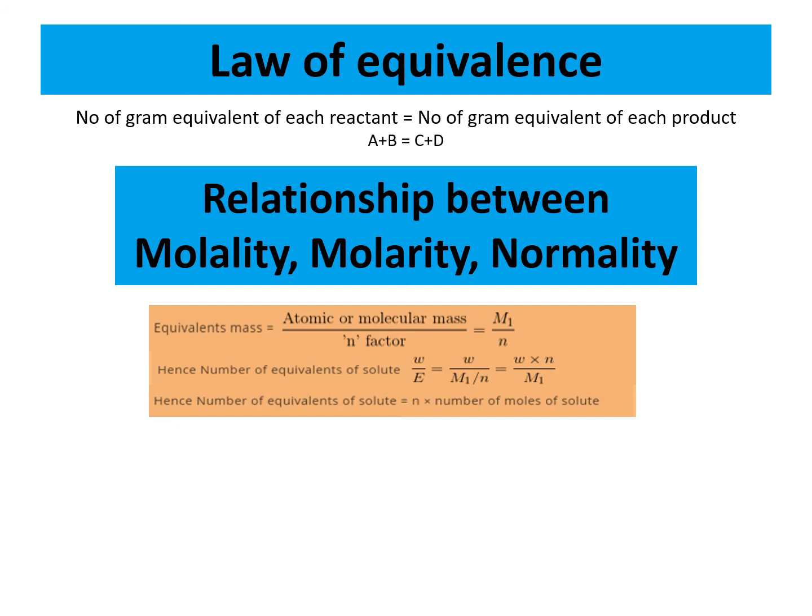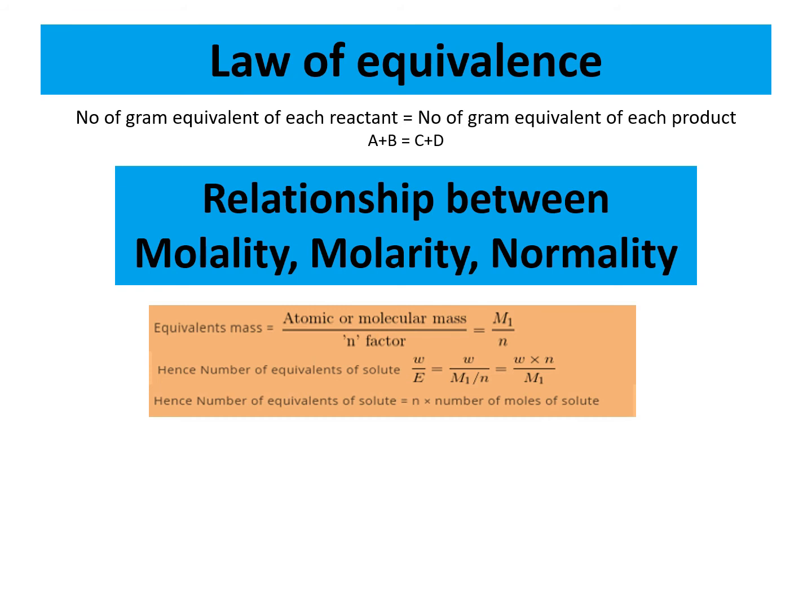This is moles. If this mole is dissolved per kilogram of a solvent, we call it molality. If W by M1 is dissolved in a kilogram of the solvent, that is molality. Here the weight is divided by its molecular weight, so this is moles. If this mole is dissolved in 1 liter of a solution, that is molarity. 1 liter of the solution means molarity; 1 kilogram of solvent means molality.